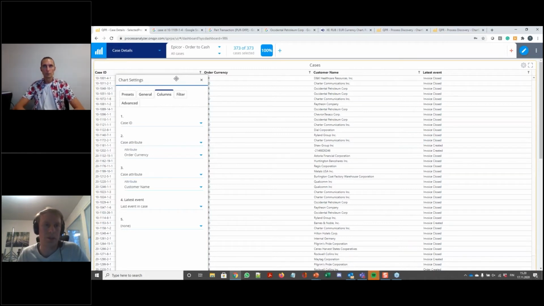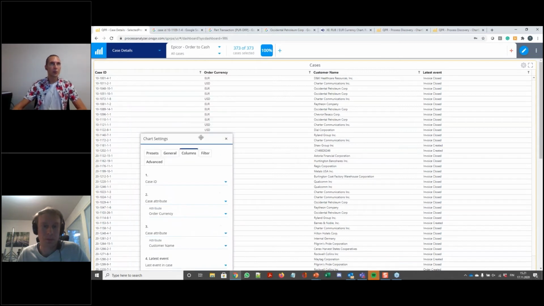in process analyzer. Yes, and if this is, for example, a list of the problematic orders which have been late delivery, or the delivery address is missing or something else like that, then of course you can click on these customer names and go to your master data management system to update the missing address or update the missing information. So often this kind of analysis also reveals the data quality issues, which you can then easily fix once you have the link to that